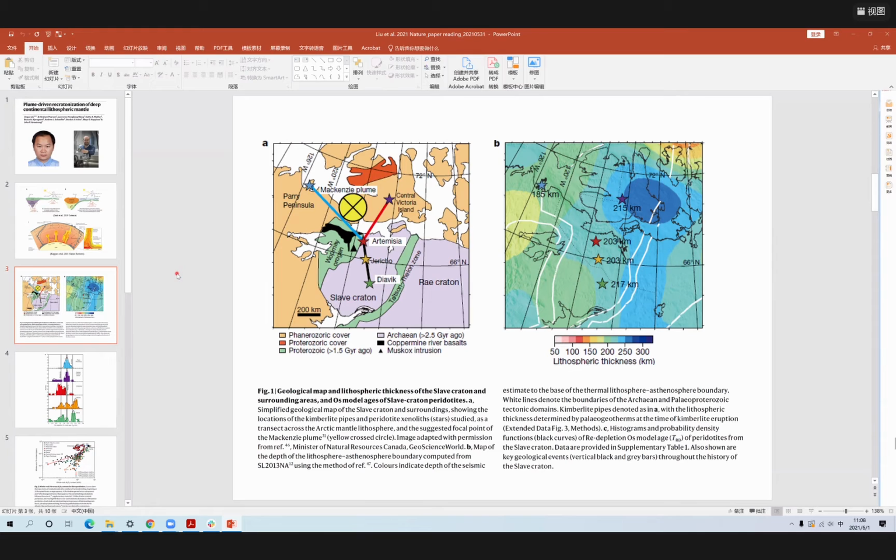So what they have been seeing here, why they get the idea, is that if you look at the map, this is in Canada, actually in the northern part of it, this becomes the Arctic. Actually, they are already in the Arctic Circle, I think. So it's pretty north. And they do choose several spots, 1, 2, 3, 4, 5, as they have reported samples from these 5